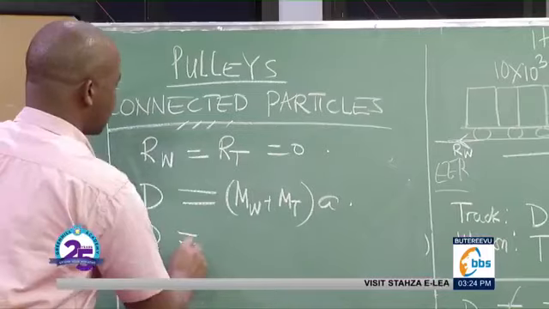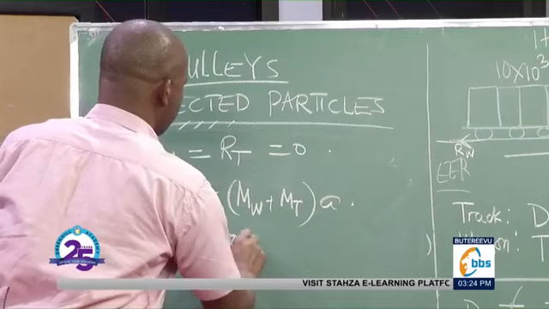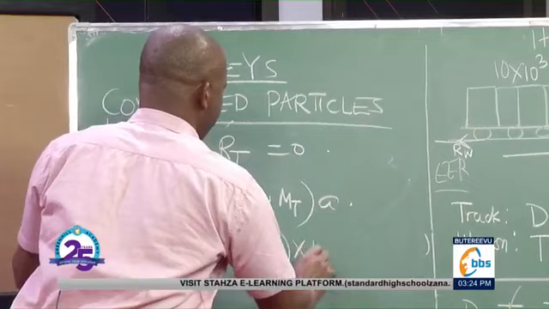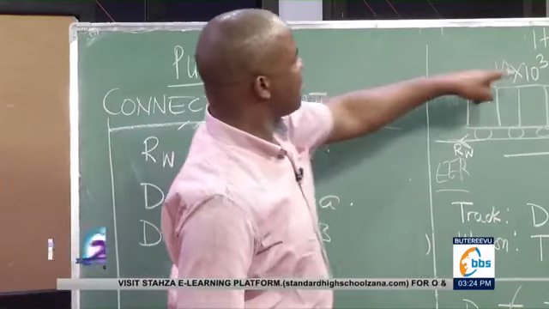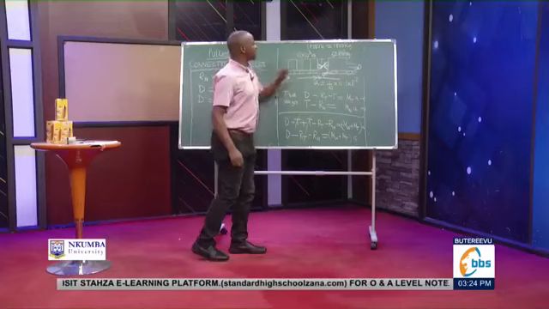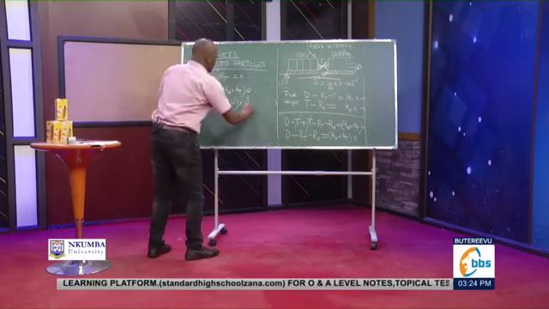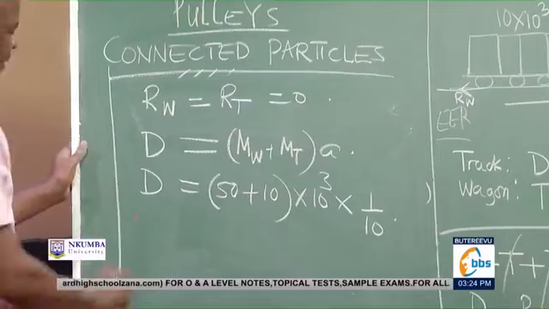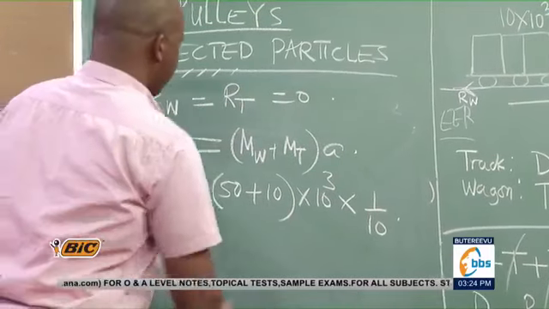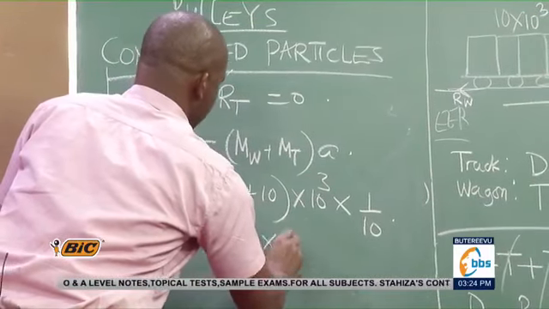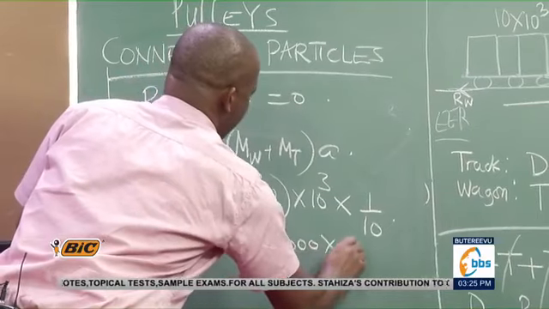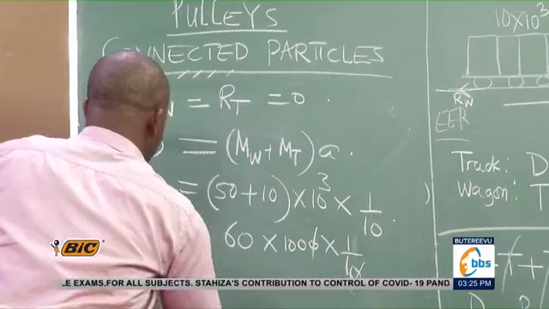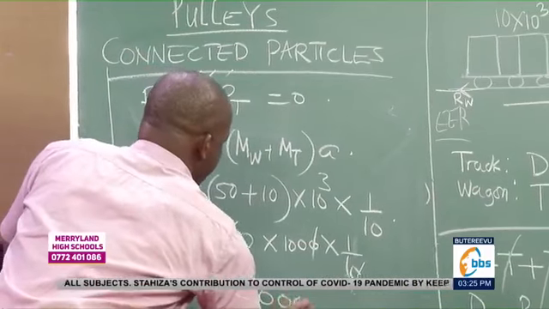Our tractive force is therefore equal to 50 plus 10, all multiplied by 10 to the power 3, because they are all in tons, 50 tons plus 10 tons, then times the acceleration, which is 1 out of 10. My tractive force will therefore be 60 times 1,000 times 1 out of 10, and of course the 10 will go, and our D will be